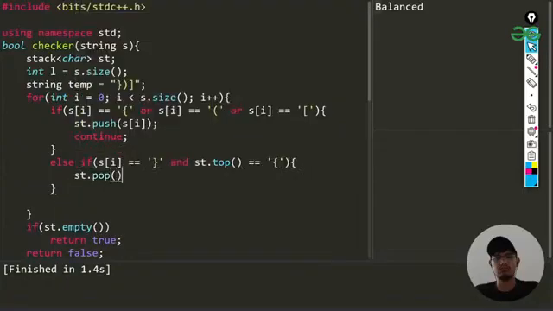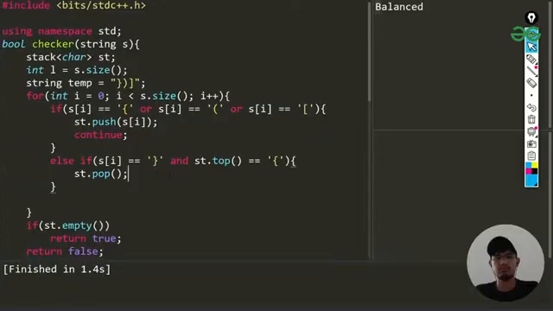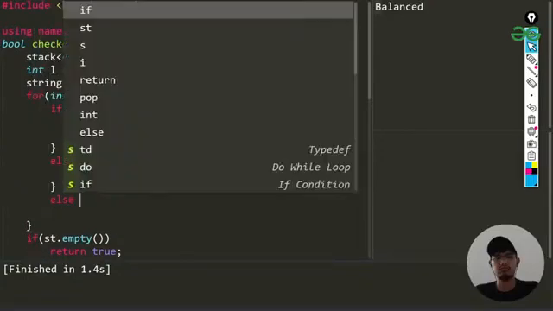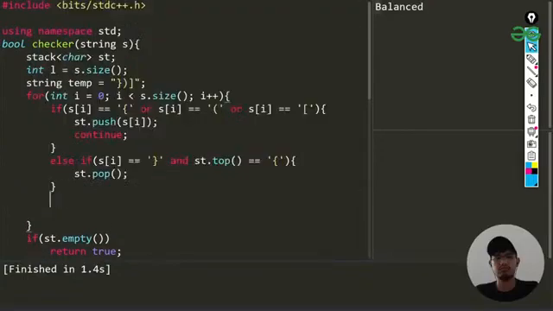If I'm not able to see this, I'll not be popping, which means the stack will not be empty, so I don't need to worry about that. The next condition is the same thing, which I'll be doing for the other brackets also.